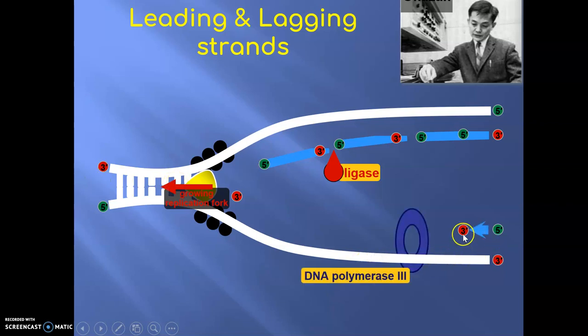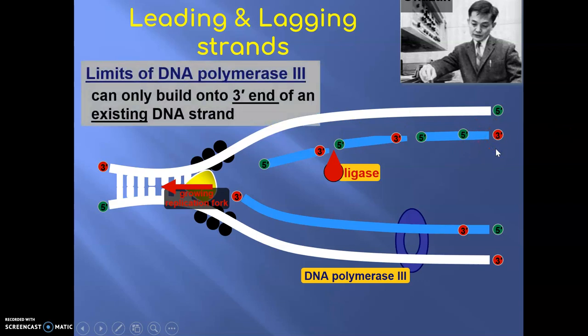DNA polymerase is coming in. We have a 3' end here, so look, now we're going to start adding in 5' to 3'. Okay, boom, here. We have this complementary strand of DNA. But if you look over here, we cannot add to a 5' end. We can only add to a 3' end. So this is wrong and does not happen. So what's going to end up happening